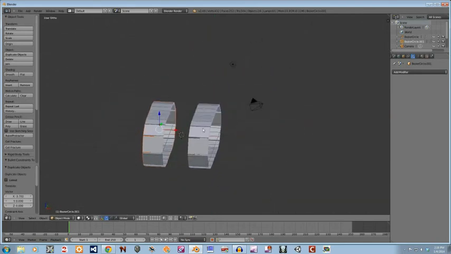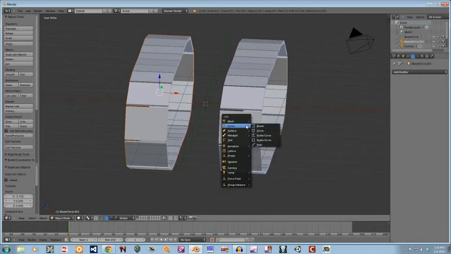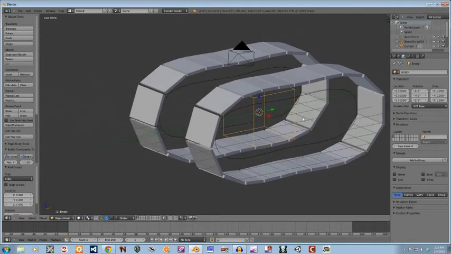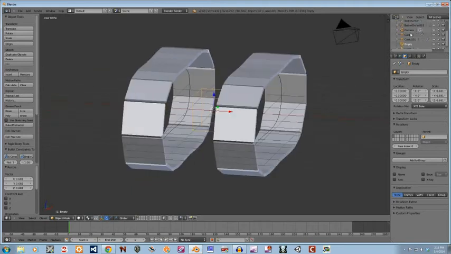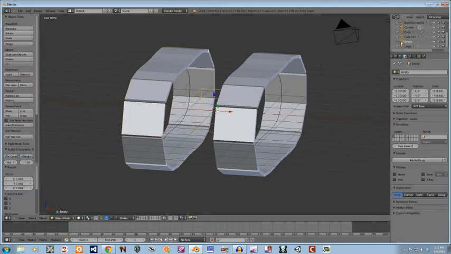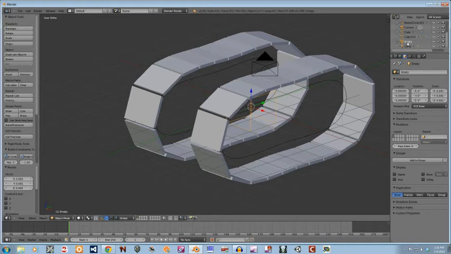Okay, then Shift C to bring the cursor back to the center. Shift A, we're going to add an empty cube. Now what this is going to be is we're going to use this to control these. So we're going to scale it down a bit, and then up here, hit control, and then if you click on the name of something you can change it. So we're going to call this the hull,